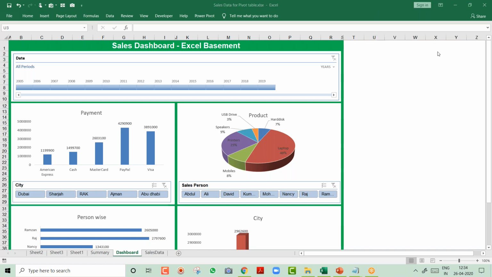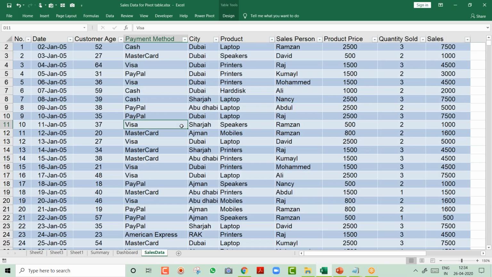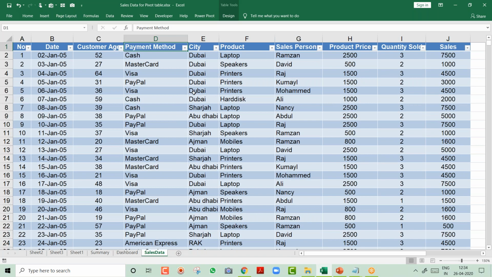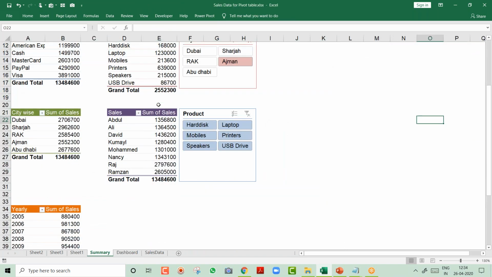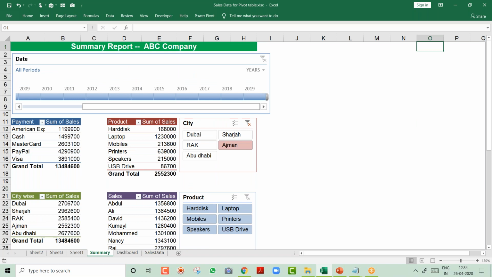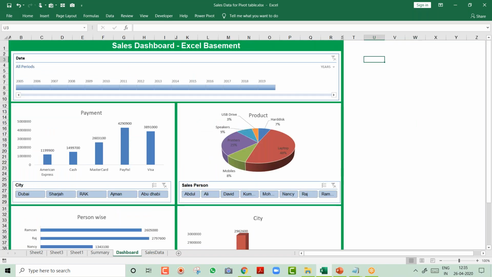Okay, so this was my part, and over here, you see this was sales data which nobody can understand. So if you want to confuse your management, give this data to them, they will not understand anything. If you want them to understand, you can convert that into this nice looking summary report. And if your appraisal is near, what will you do? You will create this type of nice looking dashboard and give it to them.